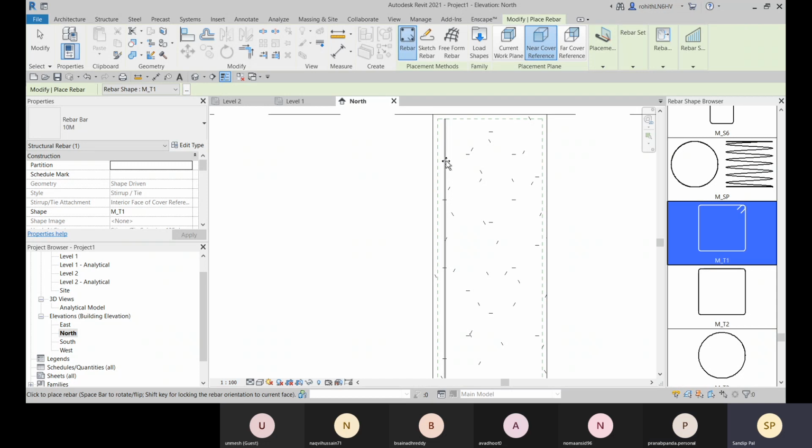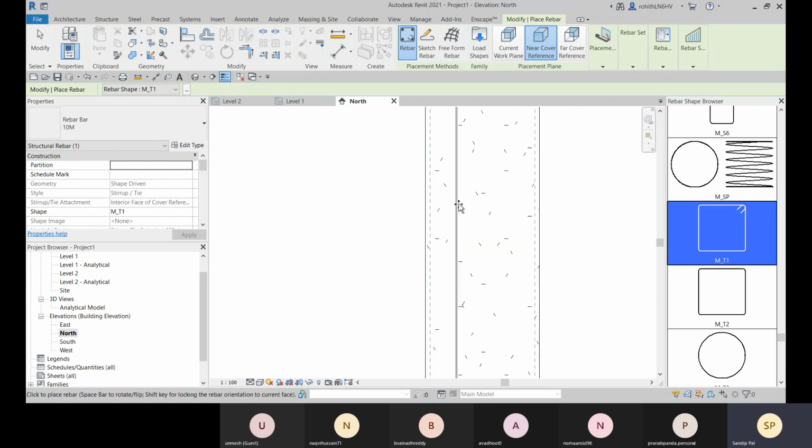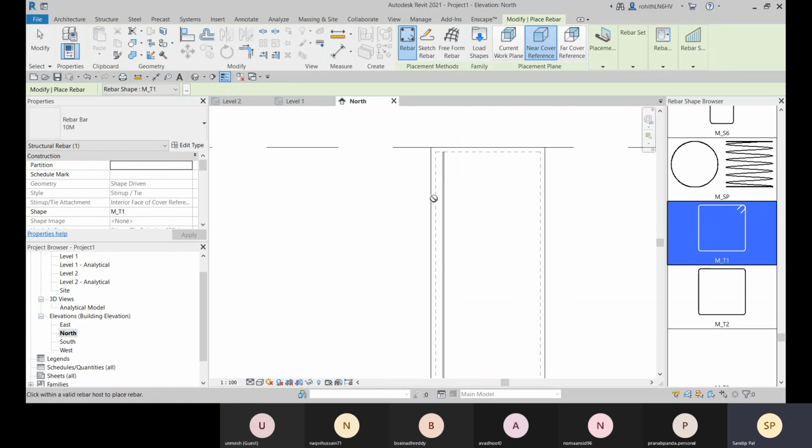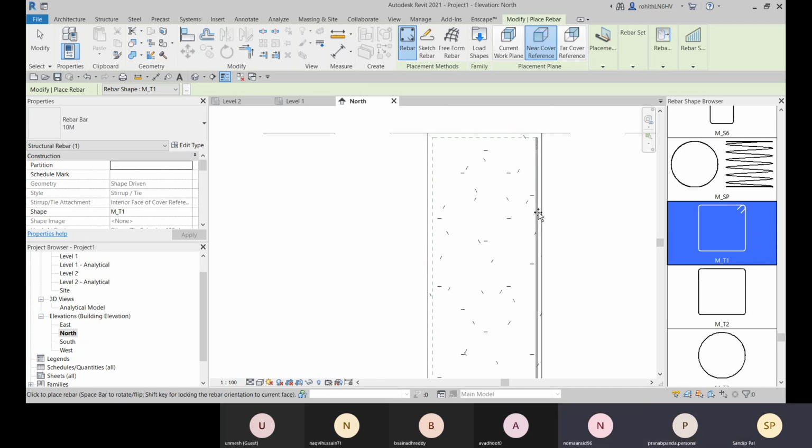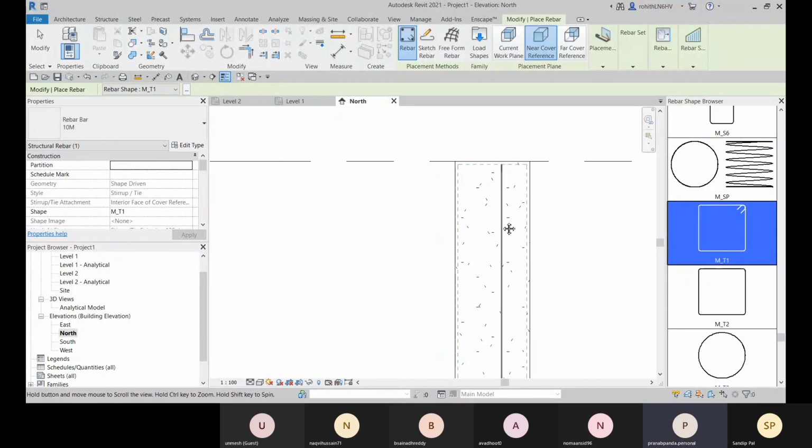Did you get it? So I have this cover horizontally also, at the bottom, at the top, and this side also, the vertical cover planes. Sir, it means the four sides are also covered?